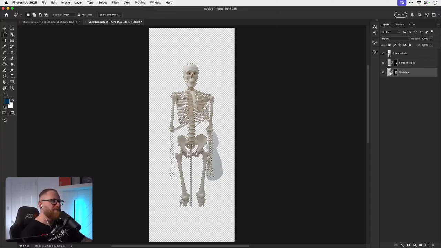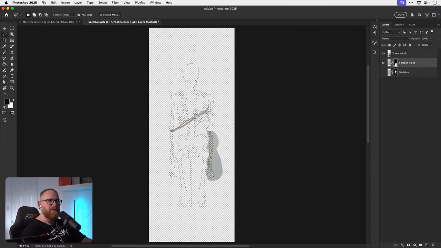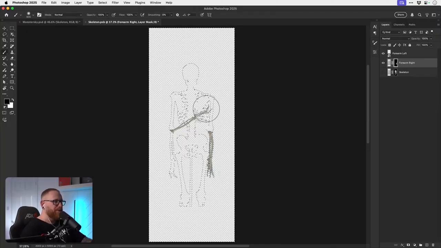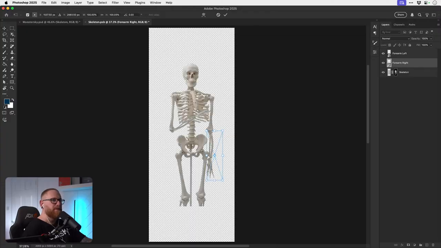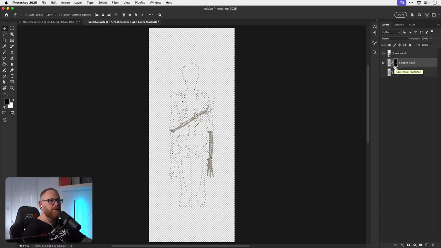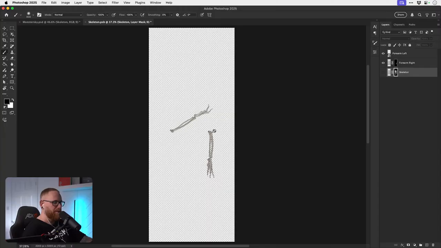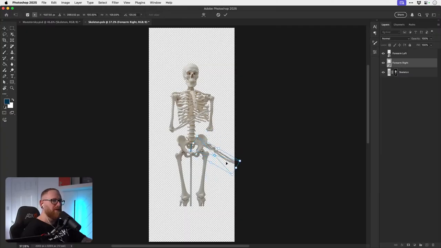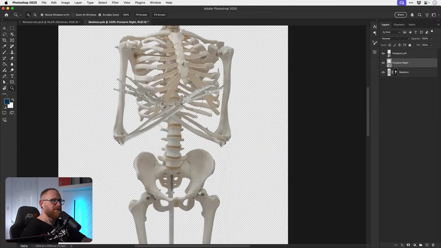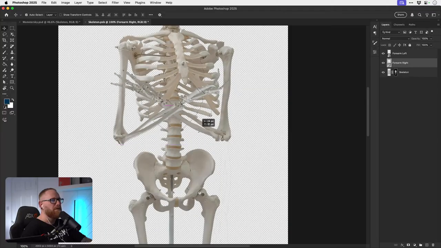So it's a bit fiddly, but I'm just trying to set this up properly. It's just going to give me a lot more flexibility. We've got to get rid of the arm from this one. There we go. I should be able to rotate it. There we go. Ooh, this could work.